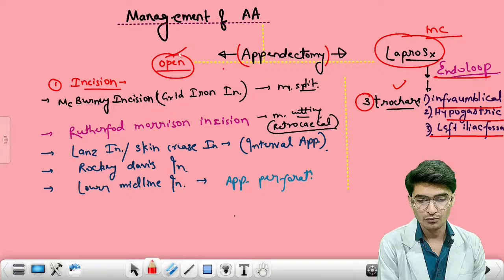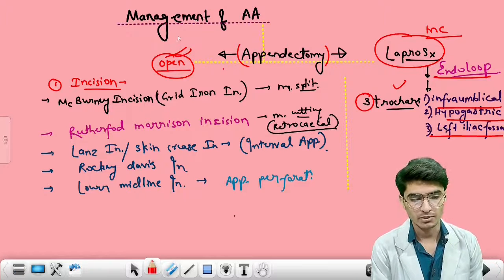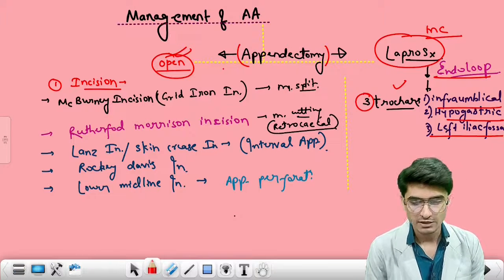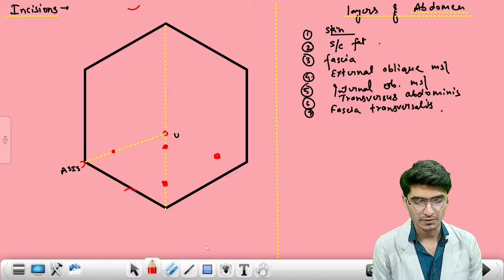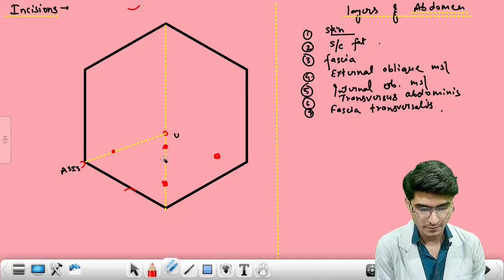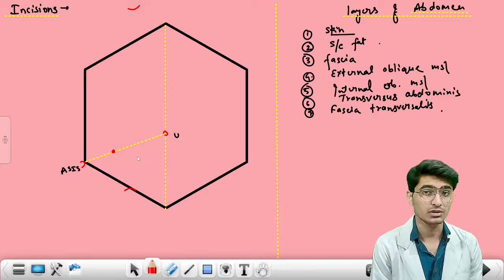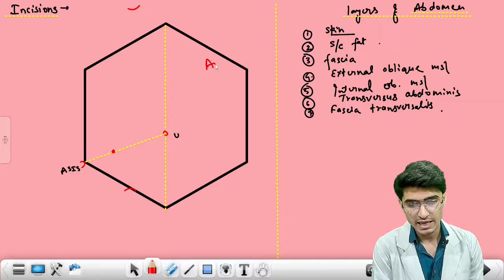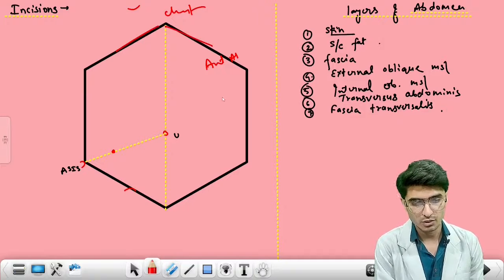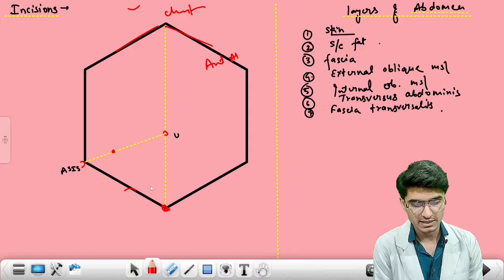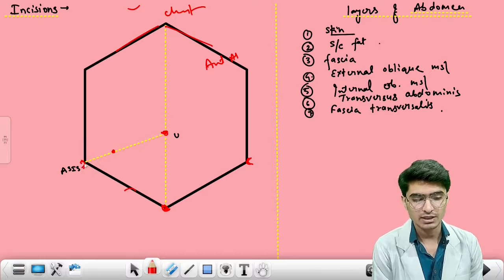Okay, now we will go for the open approach of appendectomy here. And the first thing that we do is we need to take the incision at this point, right? So let us erase that. And first thing is that we take the incision over the skin. Okay, so this is the anterior abdominal wall, and that is the chest portion here. These are the costal margins, and that is the pubic symphysis, that is the anterior superior iliac spine, that is the umbilicus here. And this is the line joining the two, that is the spinoumbilical line, and this is the